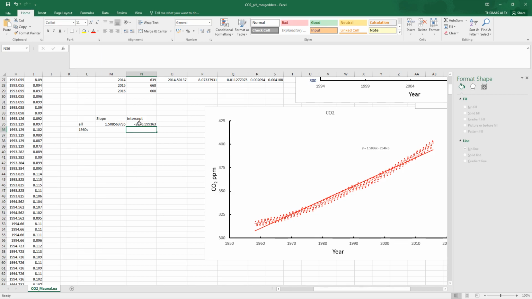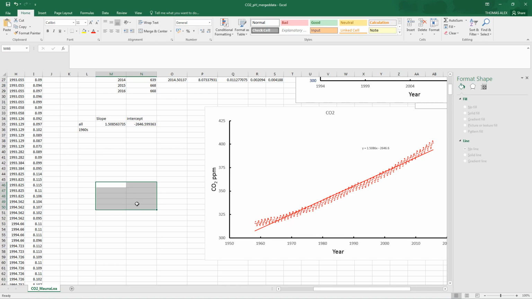It also gives us some statistics about how confident we are in these values for gradient and intercept. Okay, so this is this feature of Excel, which allows us to do what's called an array formula. So what we're going to do is produce, rather than just one answer from a formula, a block of data. It's going to give us a 2 by 5